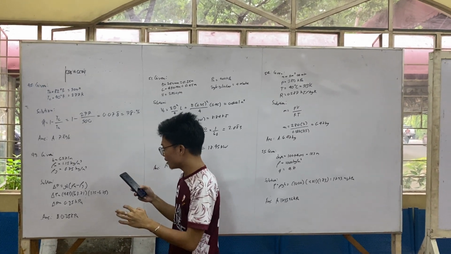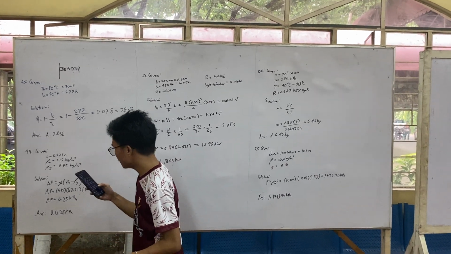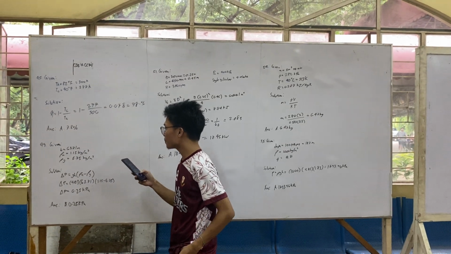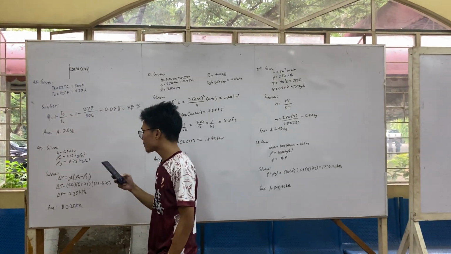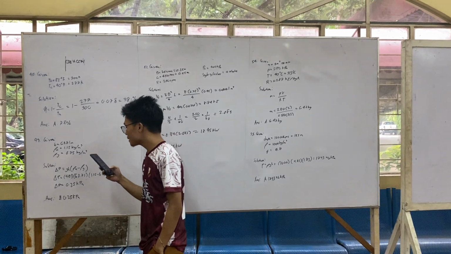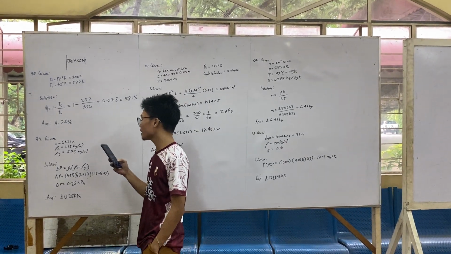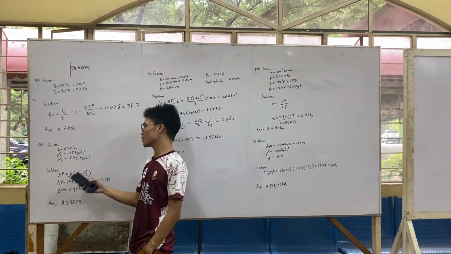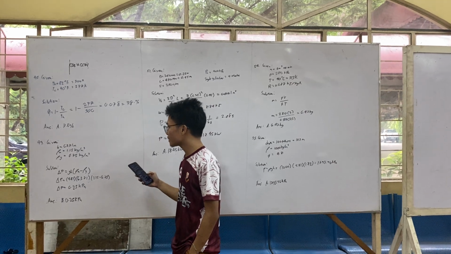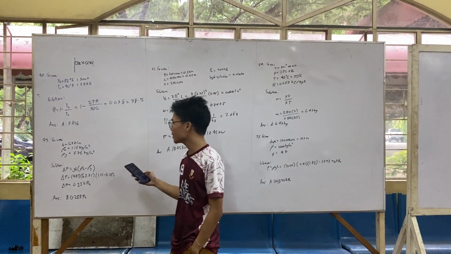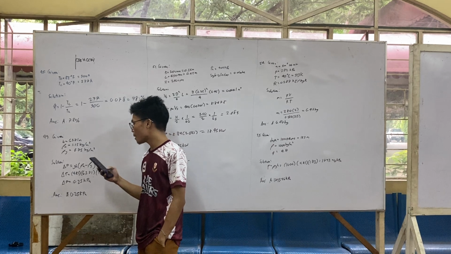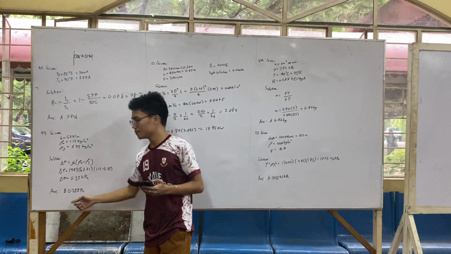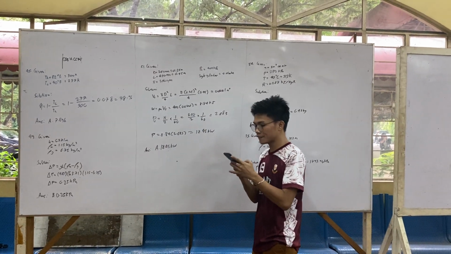So we have the formula: delta P equals gravity times height times the difference between the density of air and the density of gas. By substitution, 9.81 times 63.71 times 1.15 minus 0.75, we get delta P of 0.25 kPa, which is letter B. And next is problem number 51.